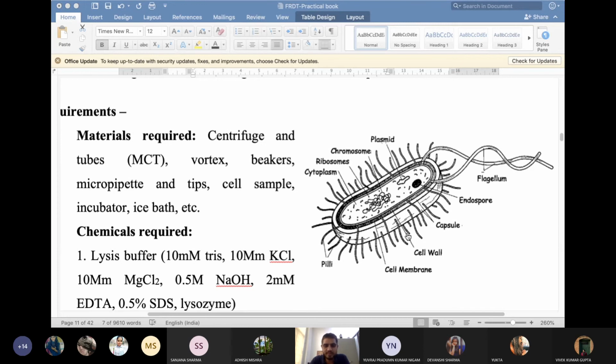Okay, so now DNA is out. Out means there is no cell wall, no membrane, DNA is in the open. Open simply means that when your cells are there, you have them suspended in some solvent, and SDS is also going to be there in some solvents. So whatever solvents you are going to use, your DNA is going to be in those solvents. Simply you can say, now DNA has come out into solution. Your cytoplasm is also liquid, so the cytoplasm also comes out of the cell and it is in the liquid form.